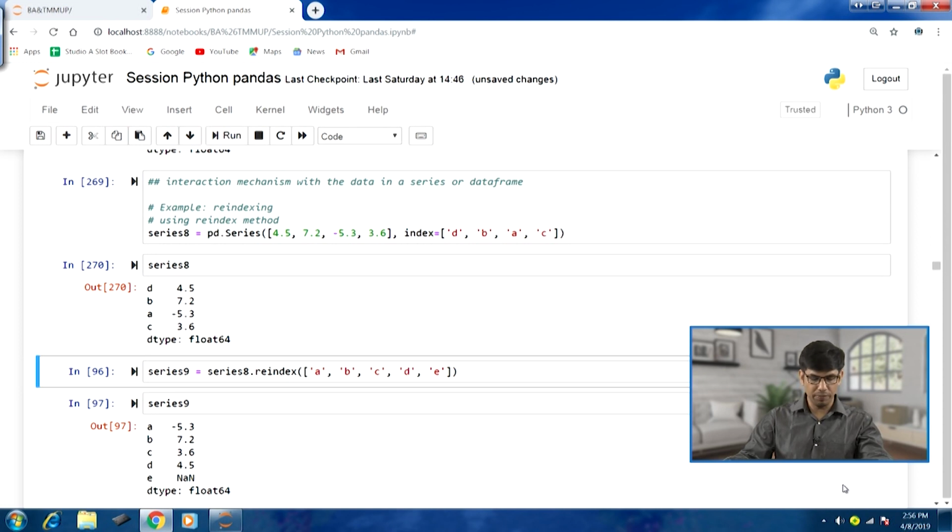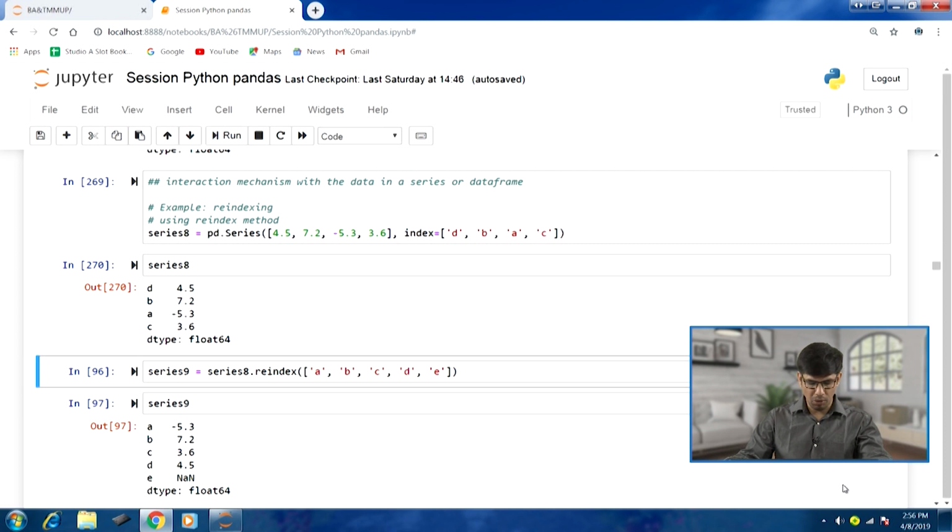In this fashion we can call this method, and within the parentheses we can re-specify the new index here. Earlier we had just 4 elements in the index. Now we have 5 elements in this index when we call the reindex method: A, B, C, D, E.